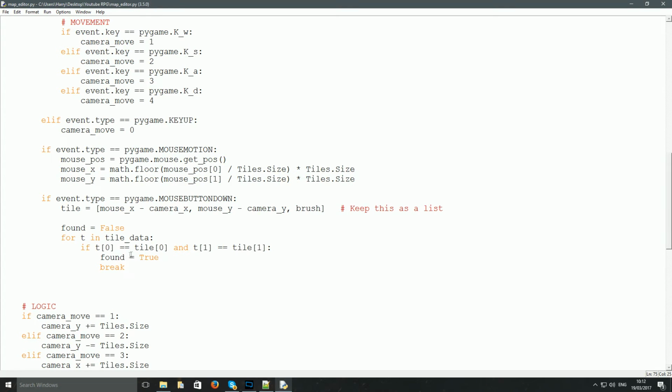Because once we've found one already, we don't need to keep looping through it. It's just pointless, because we know that once we've actually found this tile, there's not going to be any more tiles that equal it, as there's only one tile of the same position per list, so we can just break out after that. So the next part is to say if not found, which basically, in other words, if found equals false, then we're going to say